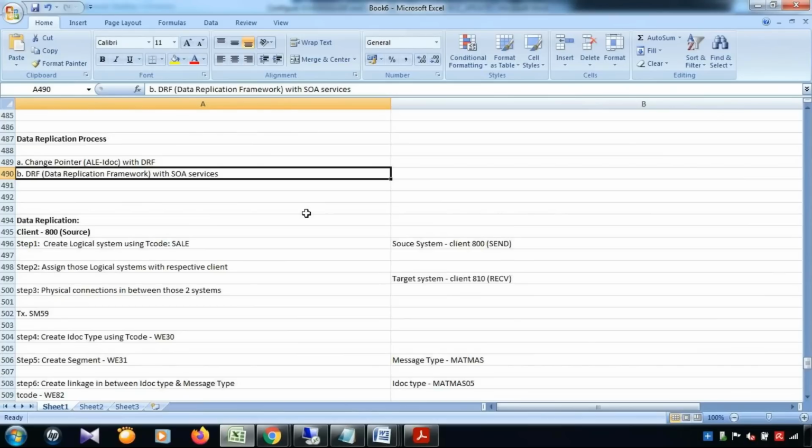Okay. So the answer is, when you can use SOA services and ALE IDOC. Whenever you are using material master, you are supposed to use the ALE IDOC. And whenever you are using customer, supplier, and finance, you are supposed to use SOA services. Yes, you also can use ALE IDOC for supplier and customer as well. But normally we recommend to use the SOA manager for supplier, customer, and finance as well. The reason is,